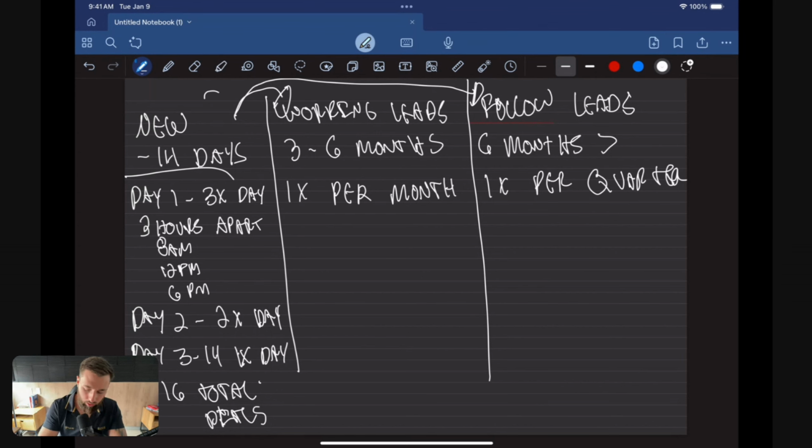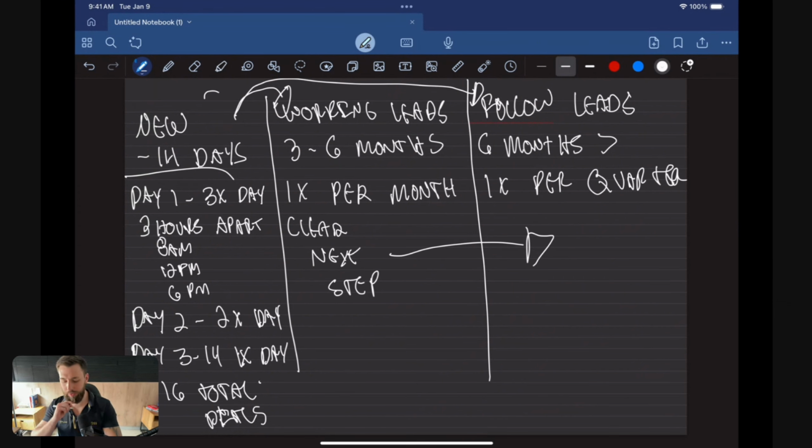I also want to make sure that all of these have a clear next step. And that's for both follow-up leads and working leads. I want to make sure that I have a clear next step, and what that looks like, a task, or if you're in Salesforce, it literally would say a next step. I want to make sure that I have an action item for me to call them and what I am going to talk about. And so a lot of people ask me, how do I start a follow-up call? I'll go, well, how did your last call end, right? However your last call ended, what you told them you were going to check in on them with, that's how I start the call. So these are going to be my leads.